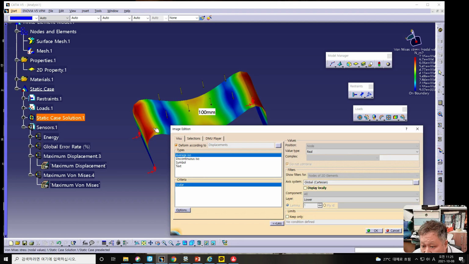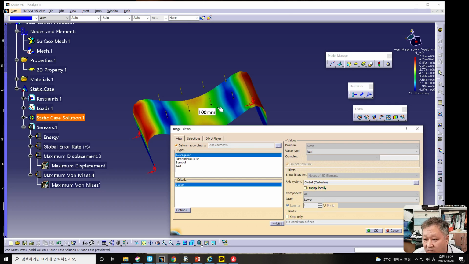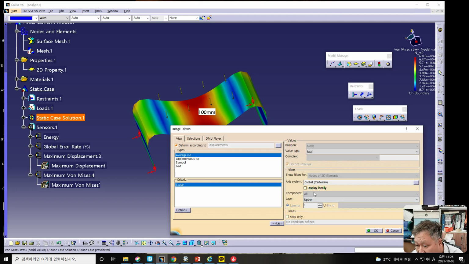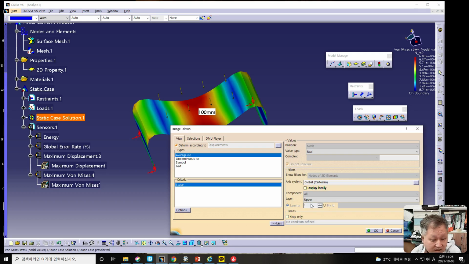Lower is 100 lower, upper is 100 upper, and lower is a slightly lower value like this. And therefore in the upper face, the stress should be more severe than the lower one like this. You can change between lower and upper by clicking it, and if display type is set to average ISO,